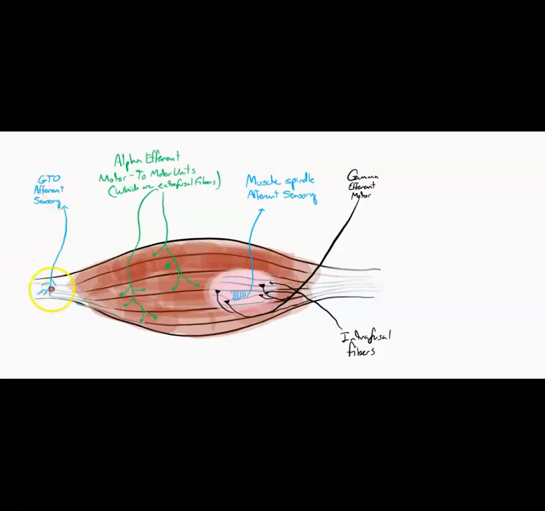As far as Golgi afferent sensory, Golgi tendon organs are located on the tendons, and these detect muscle tension and force during contraction. Compared to intrafusal fibers, which are innervated by 1A and 2, Golgi tendon organs are innervated by 1B afferent fibers. And so when this excessive force is detected from muscle tension being contracted, the GTOs trigger an inhibition which relaxes the muscle